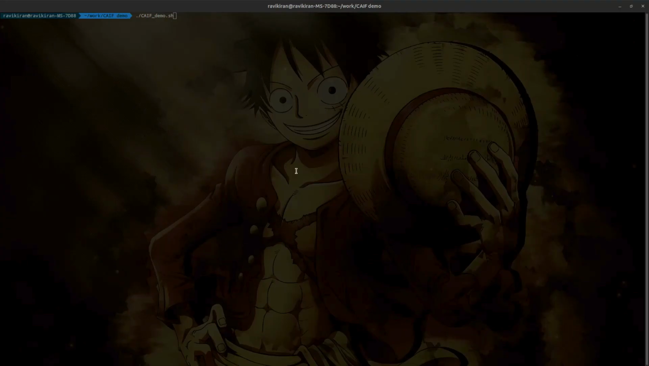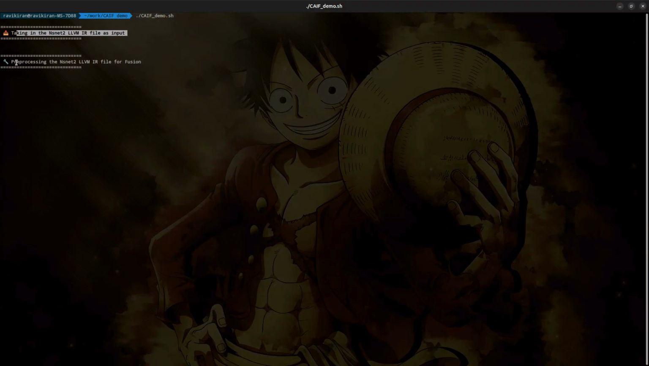Hello, welcome everyone to the instruction fusion demo. We'll take the NSNet2 LLVM-IR generated from the ONNX-MLIR framework. We'll run some pre-processing passes like loop unrolling on top of the LLVM-IR. After this, we run the fusion passes. Fusion passes identify the fusible memory pairs and lay them next to each other